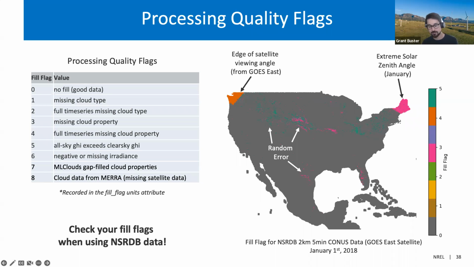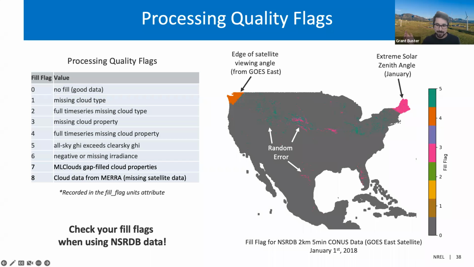They're attributes of the data sets in the actual NSRDB files, and you can query them as you query data through the API. So it's worth looking at, especially if things look kind of weird. If you were to look at Hawaii in 2018 for this 5-minute data set, we only had the GOES East satellite, so the Hawaii data is going to be nonsense, for example, and you'll see that in the data. But then you can also go look at the quality flags, and it'll tell you exactly why you're not seeing valid data.